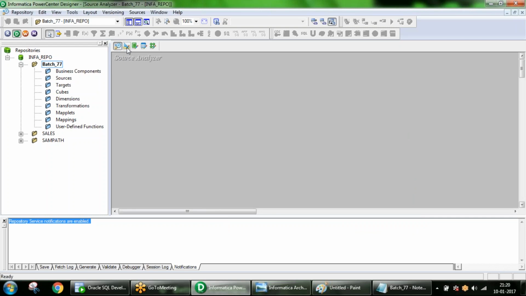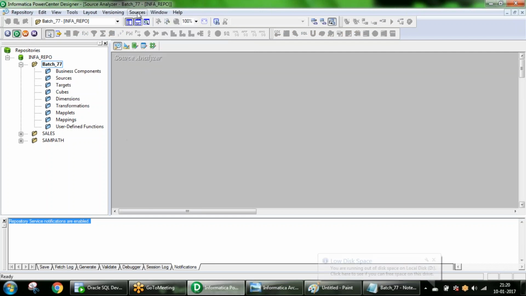going to have 5 different work areas. If I click on here, it is showing source analyzer. You are going to do some activity here. This is your workbench. If you click on the next icon, it is showing as a target designer. In the same way, we have transformation developer and mapplet designer. Forget about these two, we will discuss them in the coming classes. The next one is mapping designer. So, 5 areas.